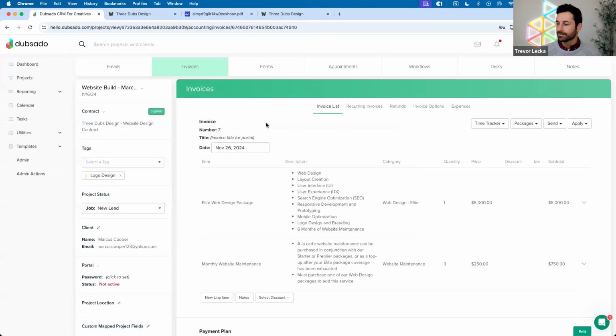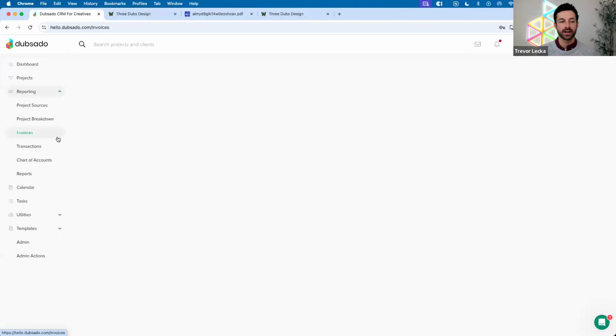Cool. Yeah, Amy, it does stay there. So the invoice remains in the system. Amy was asking what happens to the invoice when you close it? Like, does it stay in your system? And it does. So if you go to reporting invoices, you'll always be able to find all of your invoices there,